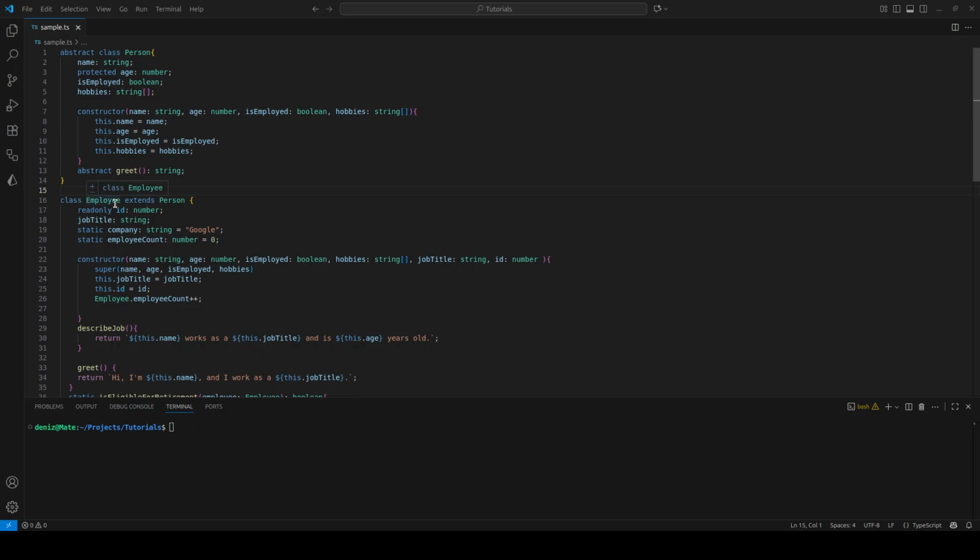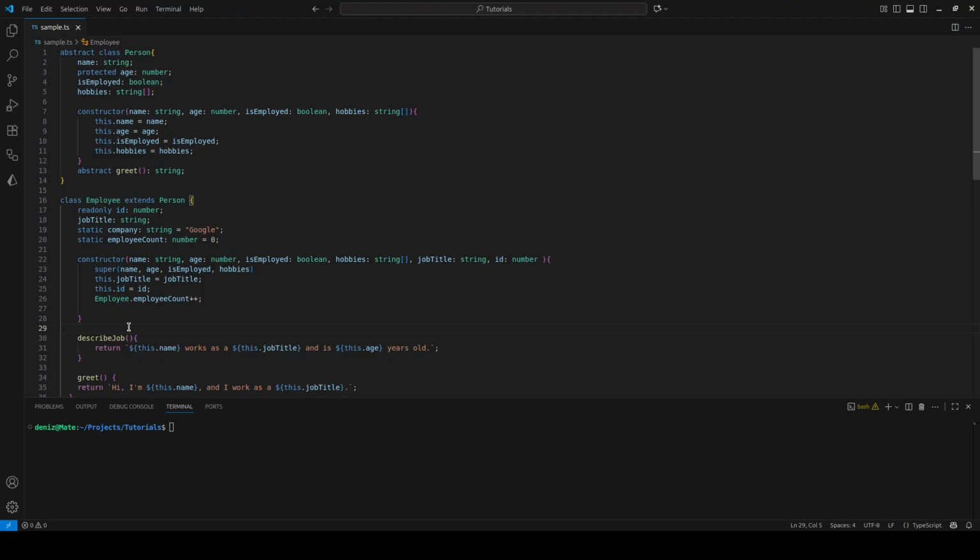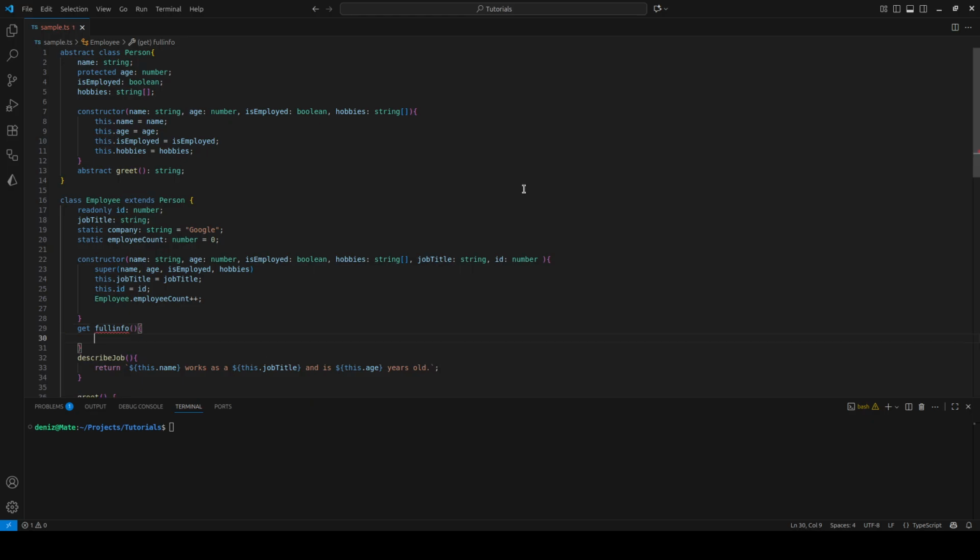Let's add a get method to the employee class, for example. So here we add our get method. Get, and the name of the method, full info, and get, so it will return